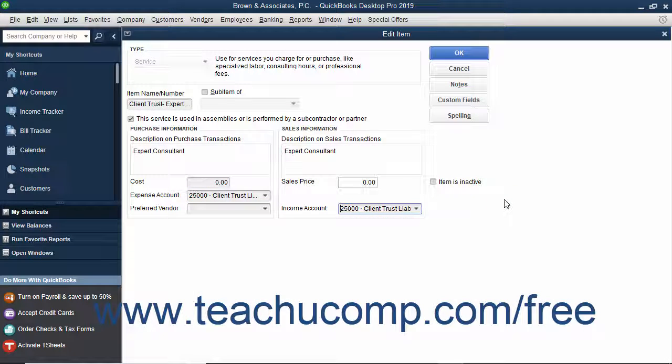You can then use this type of item within bills entered against the client accounts payable account or within credit card charges made against the client credit card account. Once again, a separate naming convention for these types of items can be useful when creating them within the item